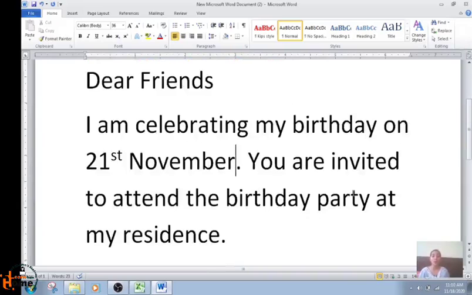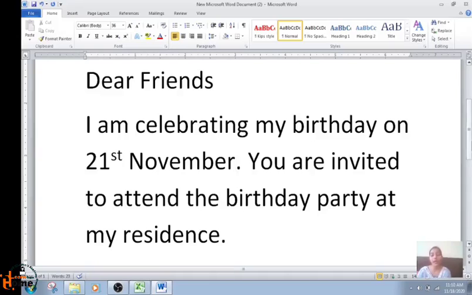Because when we work on the computer, all the work is saved in the temporary memory only. Okay, and if there is a power cut or your computer shuts down automatically, what will happen? All the data will be lost. Or if you close the document without saving, what will happen? All the data will be lost. So it is very important to save the document before closing it.